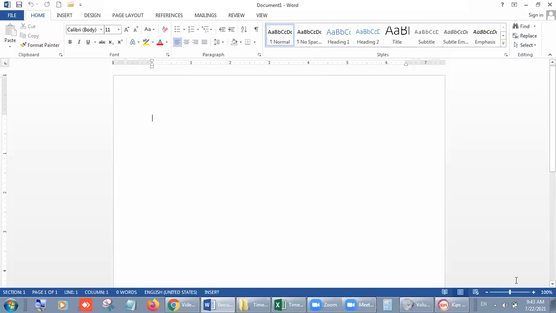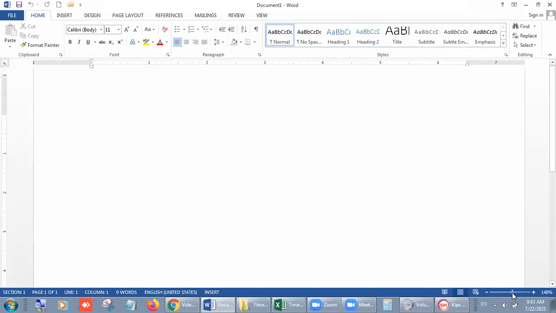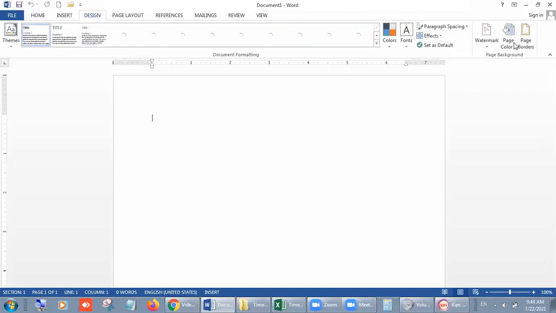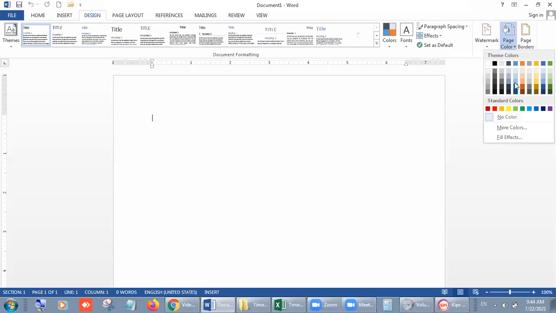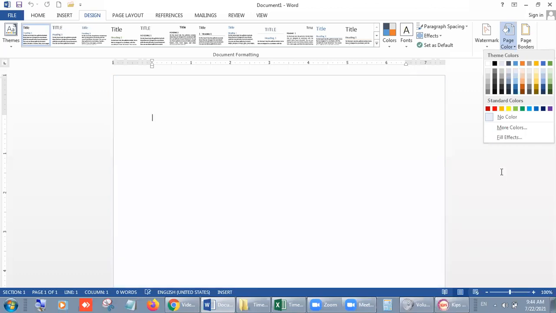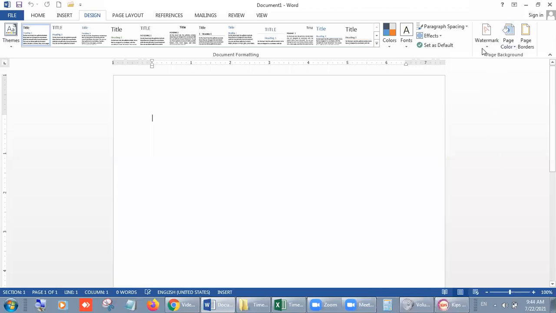Look, students, this is our MS Word page. For your clear view, I am going to change the page color so that you can understand it very clearly. You can change page color from the Design tab, and at the last we have the Page Background option.